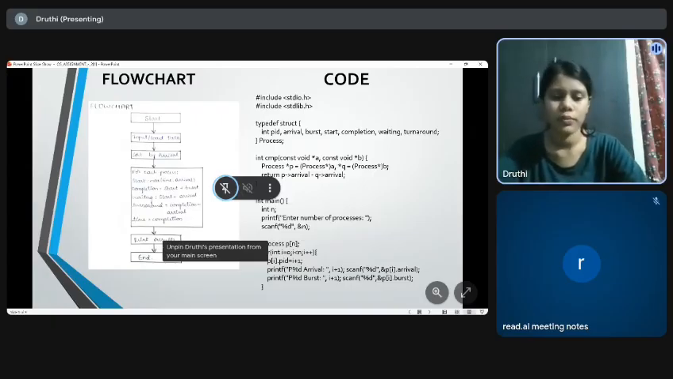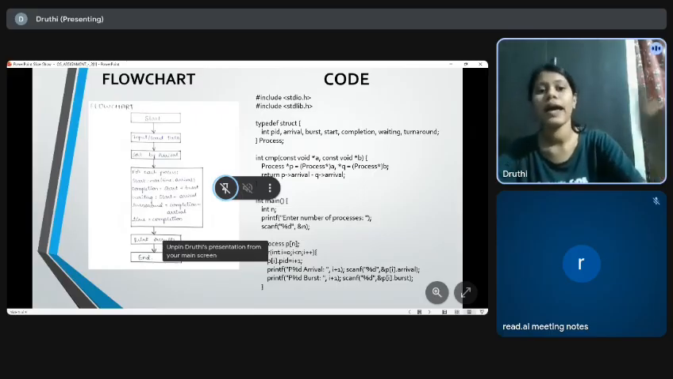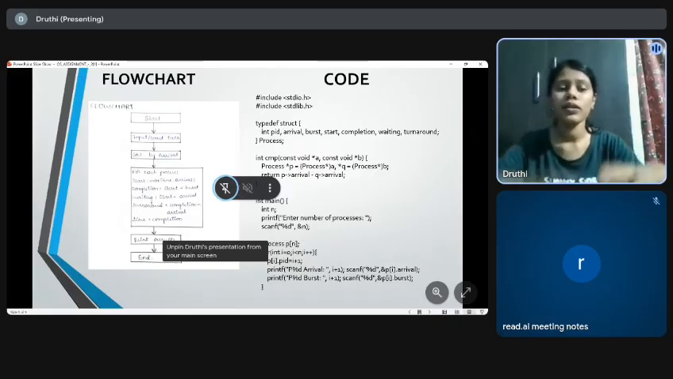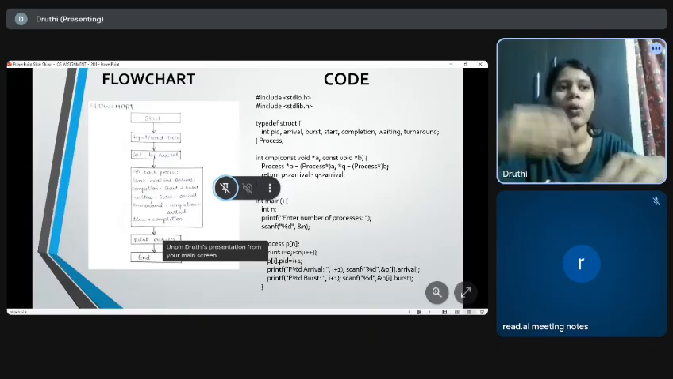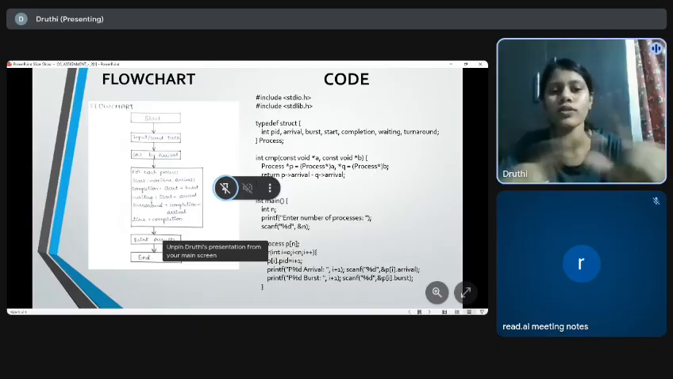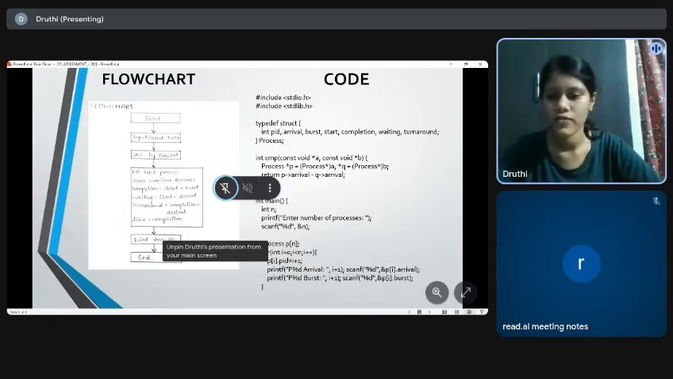Waiting is equal to start minus arrival. Turnaround is equal to completion time minus arrival time. Time is equal to completion. Then print the results and then end. This process is what the code follows while executing. And then here is the code for the FCFS,